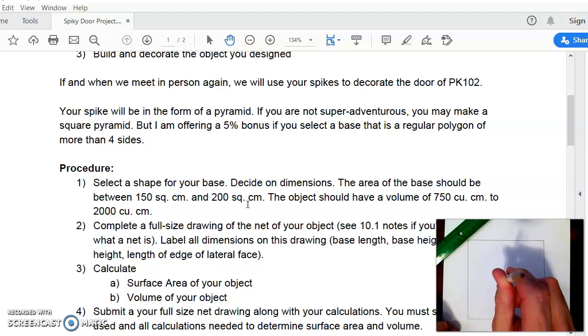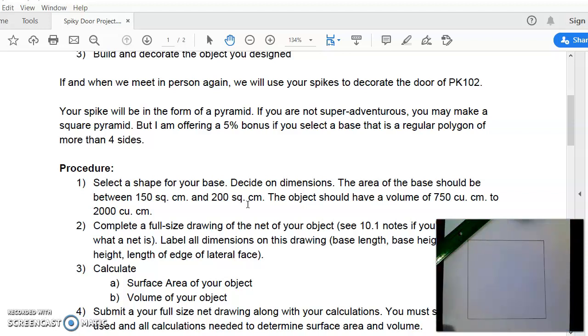The distance from your base perpendicular to your point, that's the height that you're talking about when you start considering volume. So before we start drawing a triangle here, we need to think about what slant height is going to give me the height that I want. So if this is 13 by 13, 169, and I need that to be somewhere between 750 and 2000, let's just pick 1000